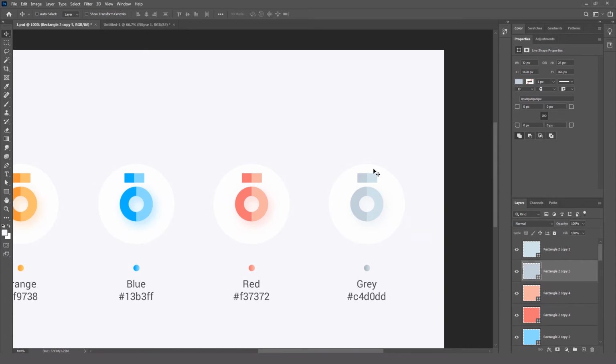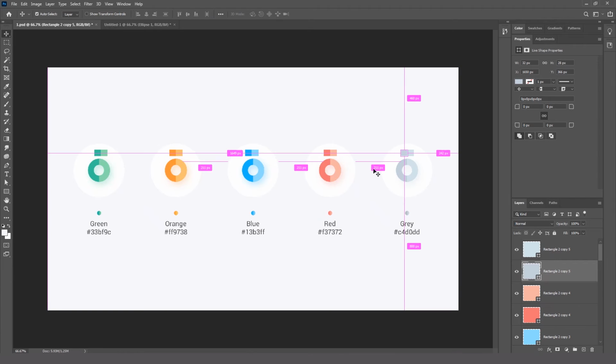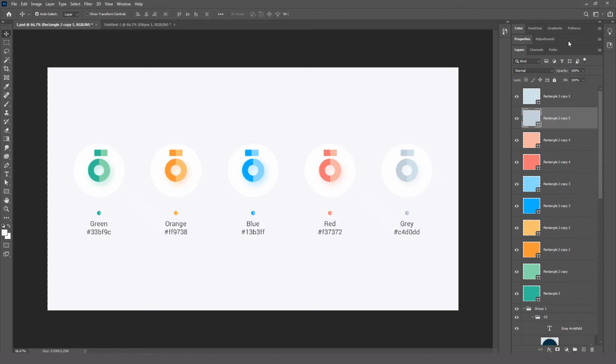So now we have the whole color palette over here. So I just want to copy this into another file.